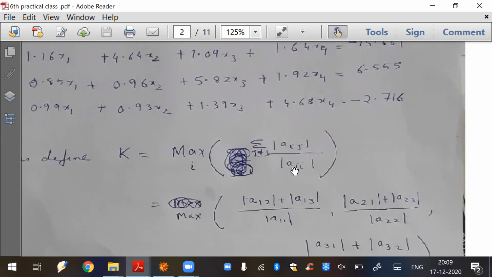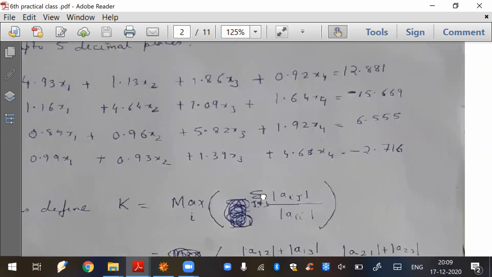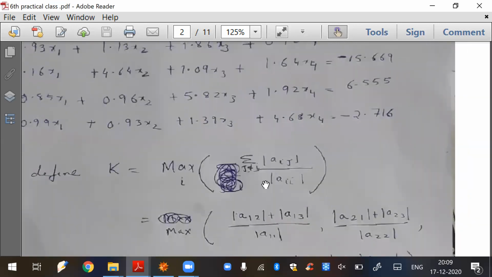And you are considering the first element, that is A11 in the below part. So if it is any row I am taking, what I am doing, I am just omitting the diagonal element and adding up the rest. Again, for this one, I am omitting this element and adding up the rest. The method is that this ratio should be less than 1, right? Maximum over all this. If maximum is less than 1, then anything you take will be less than 1.